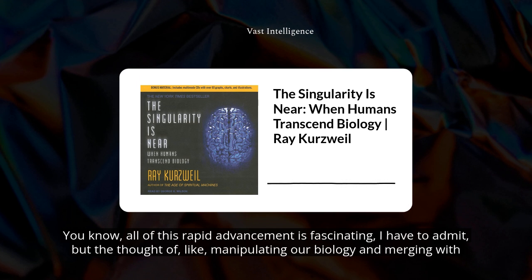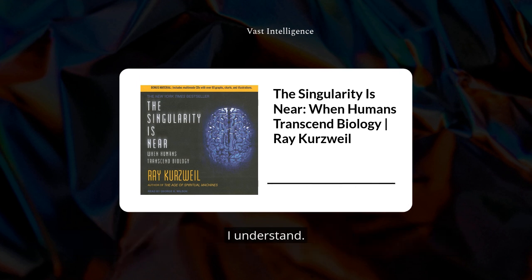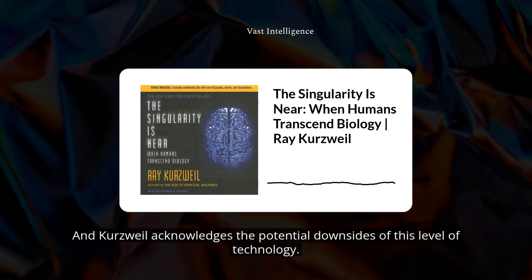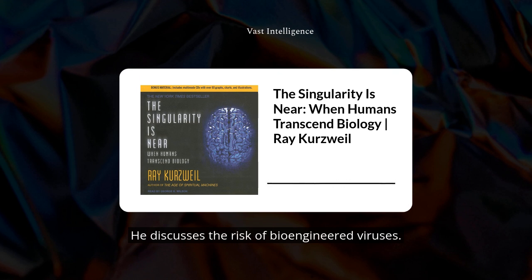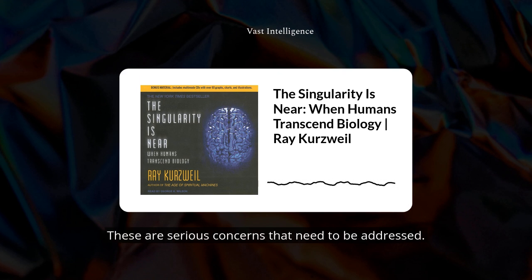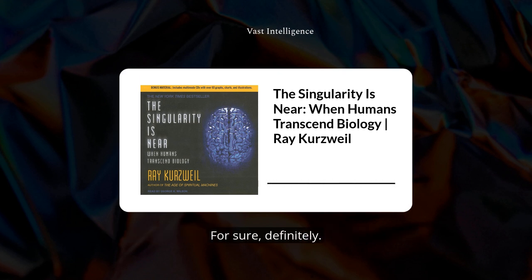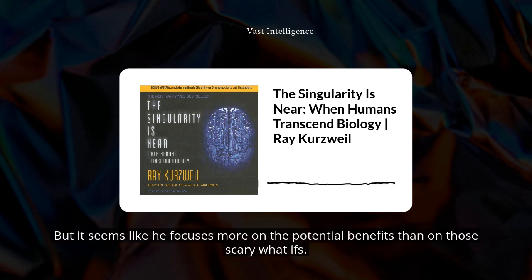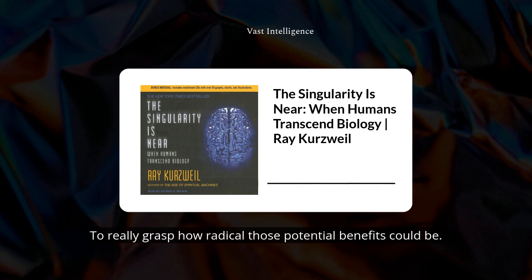But the thought of manipulating our biology and merging with machines, it is a little unsettling. I understand. And Kurzweil acknowledges the potential downsides of this level of technology. He discusses the risk of bioengineered viruses or nanobots being used for harmful purposes. These are serious concerns that need to be addressed. But it seems like he focuses more on the potential benefits than on those scary what-ifs. That's right, to really grasp how radical those potential benefits could be,